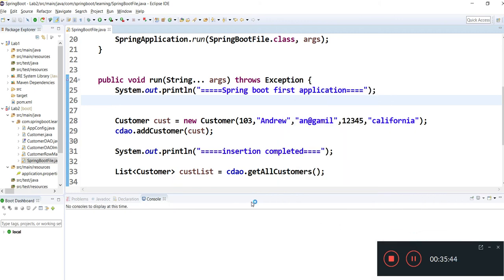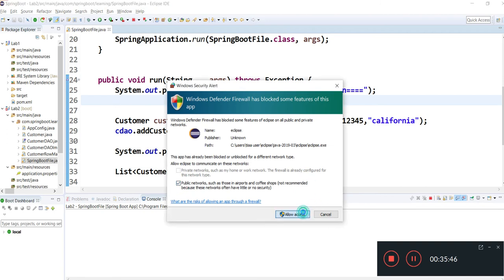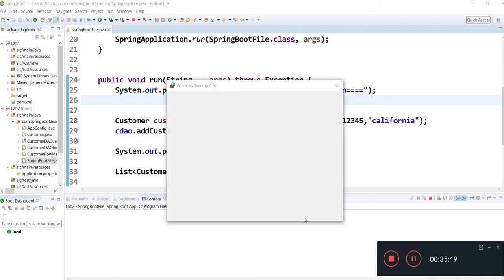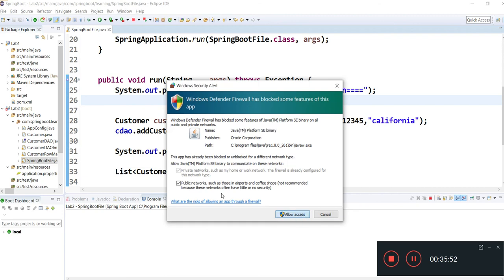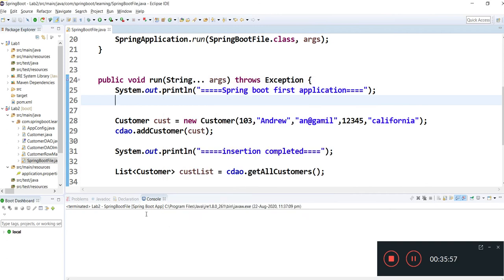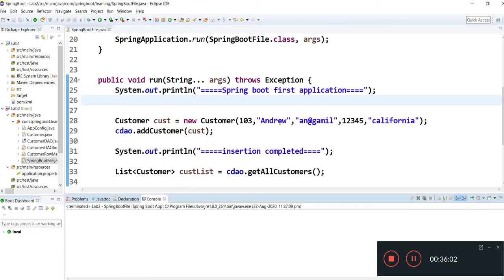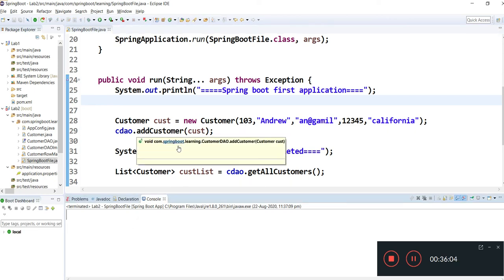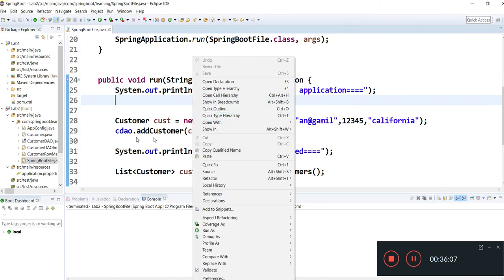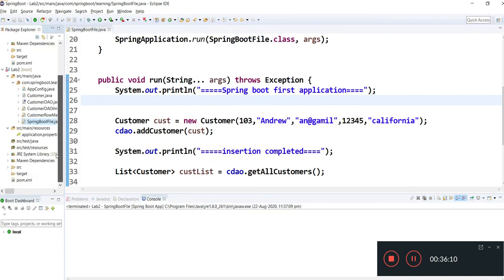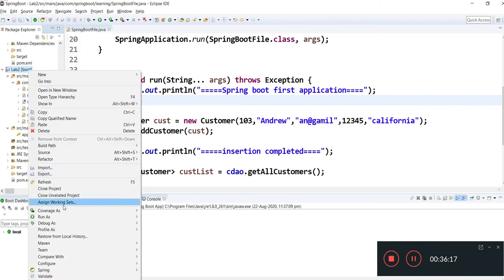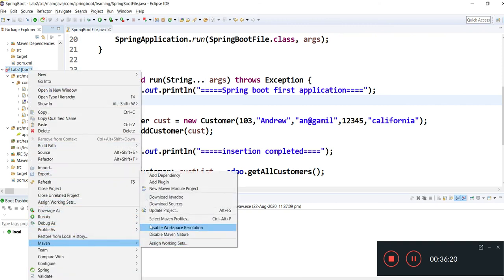I'll be expecting some errors. Allow access. Come on, looks like my machine is very slow, that's why it is taking time. One second, we are using 1.5. We need to update our project with Maven, Update Project.